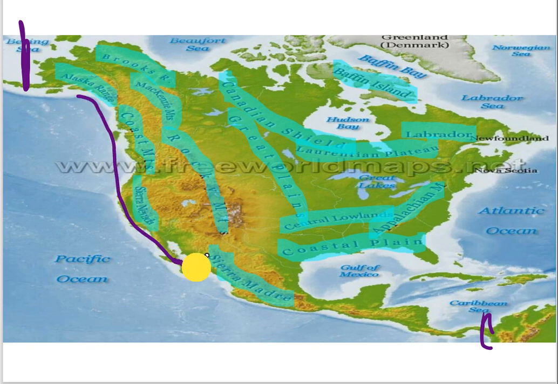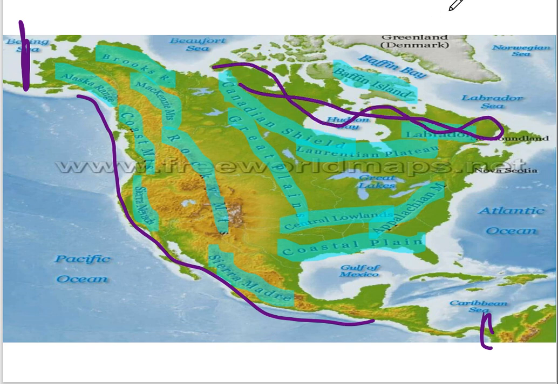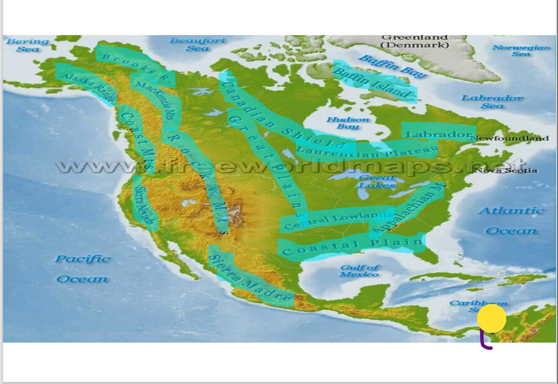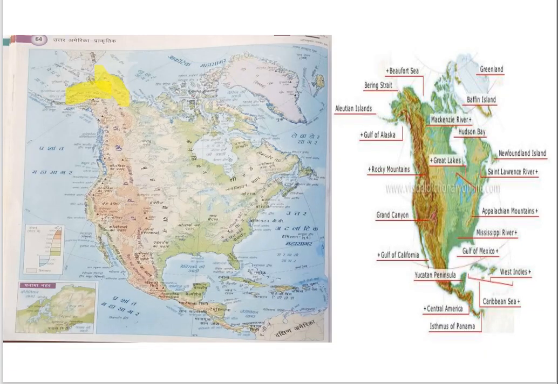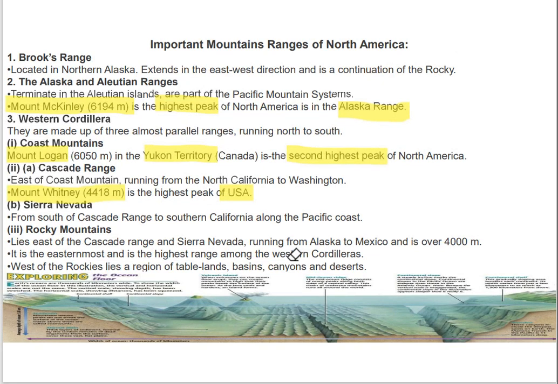And here is the smooth coastline in the west, except in the northeast. If you see the northeast, there is no smooth coastline there. So that's why we have already discussed that smooth coastline. Next one is, see, here is the picture, we can go through. We will discuss it after reading this.